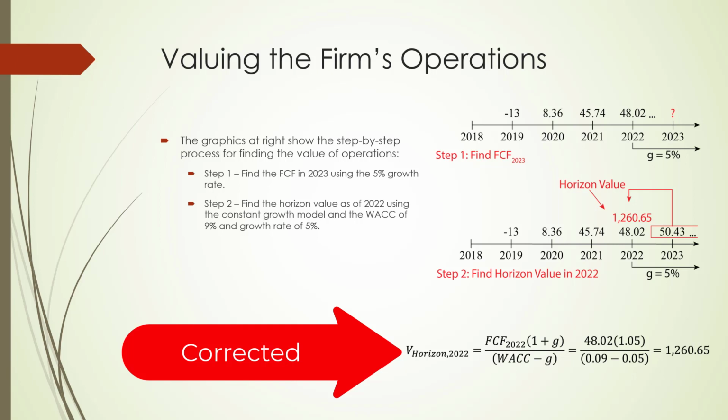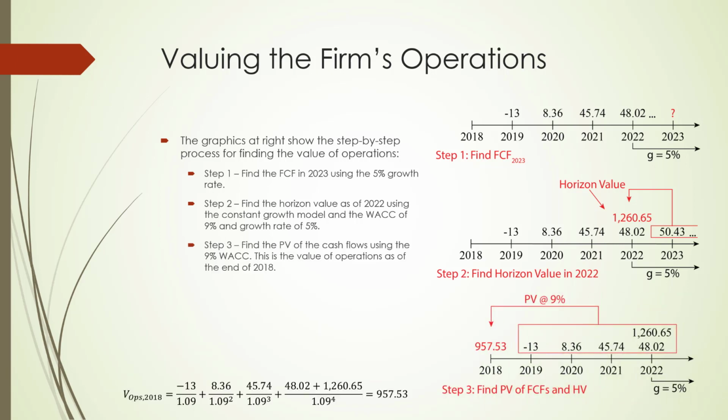So you can see on the timeline here, what we have for our cash flows is negative 13 in 2019, 836 in 2020, 4574 in 2021, and then in 2022 we have our free cash flow of 4802, plus we also have the horizon value. So the next step is to find the present value of those cash flows. And here you can see the math. So we're simply going to discount each of them at 9% per year for however many years, add them all together, and that gives us a value of operations of